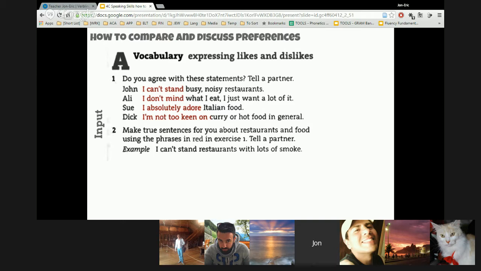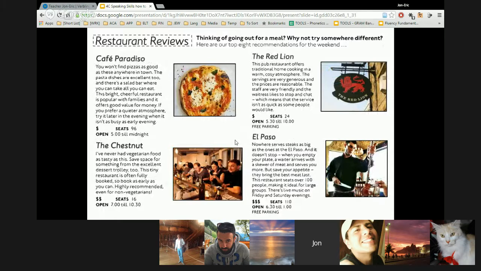All of these will be useful. Let's look at some restaurants and decide which one of these we might want to go to. Actually, I think we ought to read this just to look at some vocabulary, but also look at the language we need to make comparisons. We'll do a sort of mini lesson on comparisons, just a 2 or 3 minute quick one. I just want to draw your attention to how comparisons can be made.